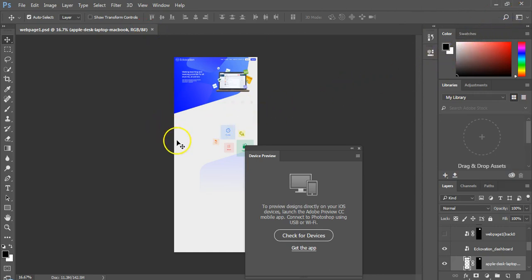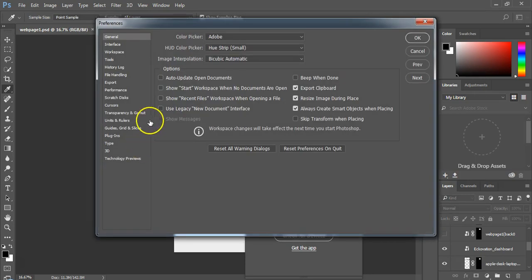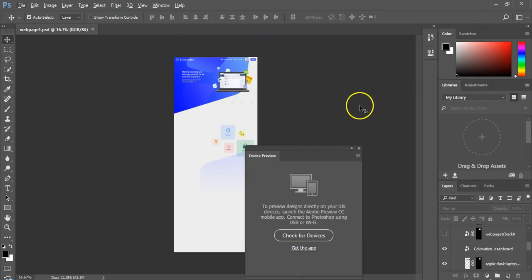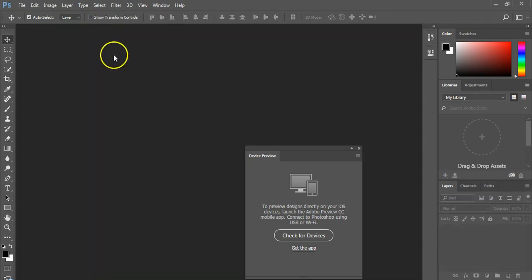Before closing the document, you might remember that we had a start screen called Start Workspace. So closing this only document might open the Start Workspace and these panels will be hidden behind it. So press Ctrl K, or Command K if you are using a Mac, to open the General Preferences tab and deselect the Show Start Workspace option. Click OK to confirm. Now if you still get the start workspace, you might need to restart Photoshop. When all things are done correctly, you will see this screen where we undocked one panel out in the middle.